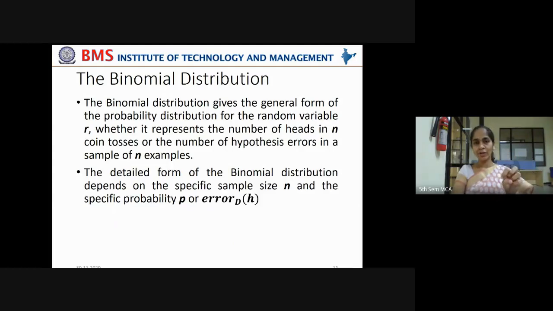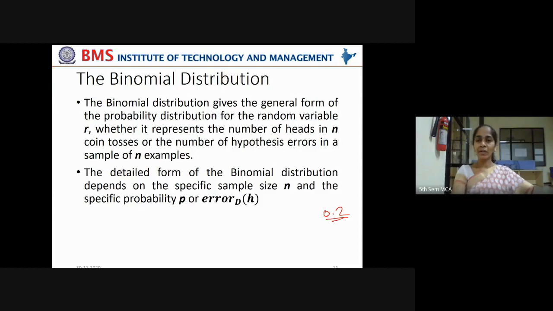Out of 10 coin tosses, if you are interested in the probability of getting R heads, it is the same as taking 10 new instances. Out of that, how many wrong classifications would the model make? That is the event you are interested in, and we are taking it as R. That is why we can write the probability of errors as R by n, which is 2 when 2 wrong predictions are made out of 10.